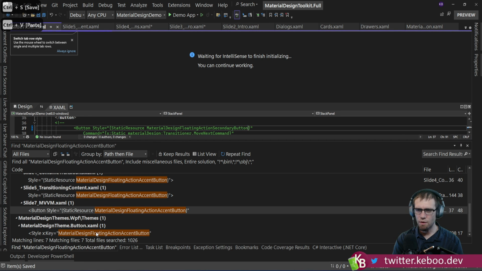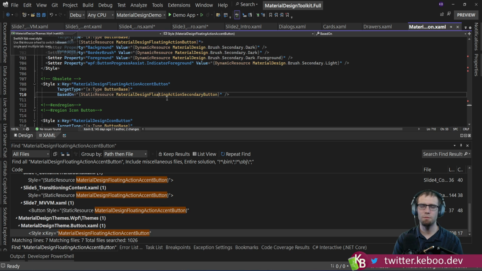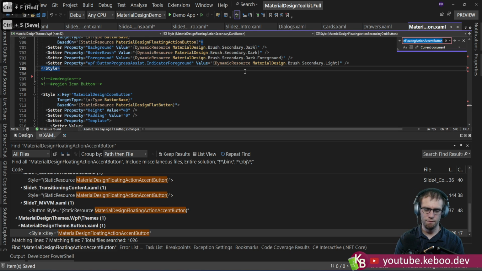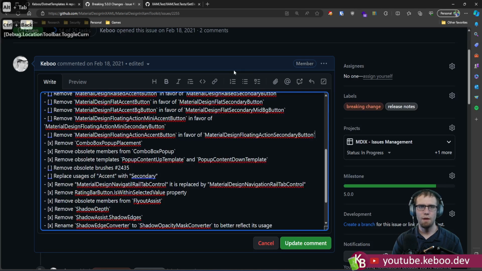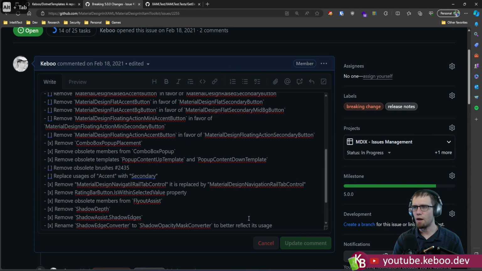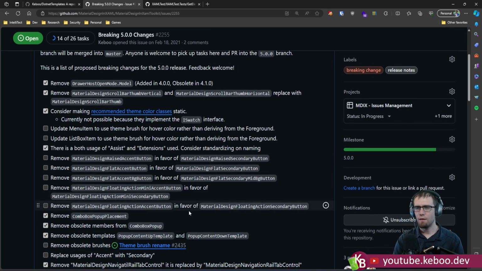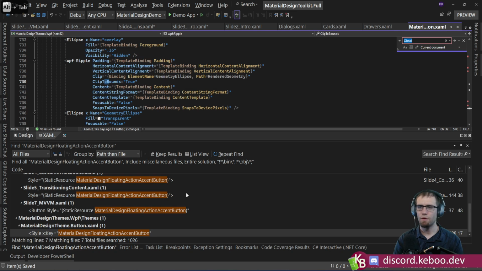There. In case you're wondering why I'm not just blind finding and replacing, it's because I actually want to look at the usages. Okay, so there's that one. Okay. That clears up all of the obsolete button ones. So let's